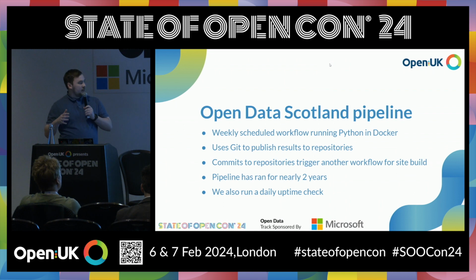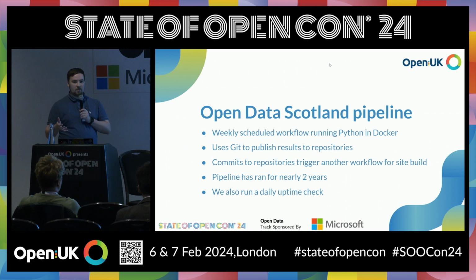And one of the great things about this is that we're able to cascade workflows together. So we've got an initial scraping task that will grab all the data and commit it to our repository as an archive. But then as soon as that commits, that'll trigger another job to republish our site and refresh the data sets that are on there. So it shows how you can use those different workflows as puzzle pieces to pass data in between. You could do that through committing data to repos, through to artifacts,